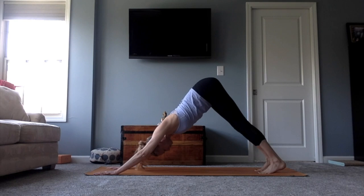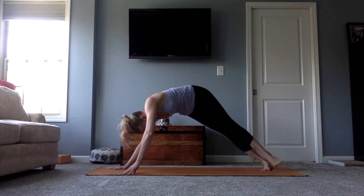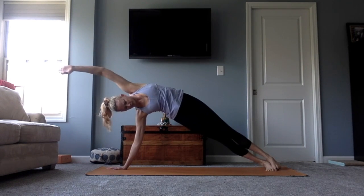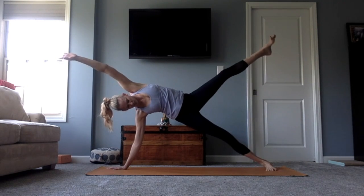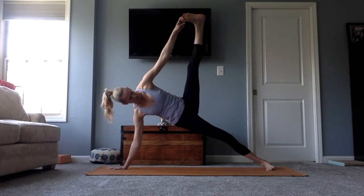High into all 10 toes, drop the heels, then come high into all 10 toes and drop the heels to the right and stay there. Open up to a side plank, maybe finding a tree or floating a leg or big toe. Just find the side plank that your body would like. You can also drop the bottom knee down or just stay with that heel shifted to the side and down